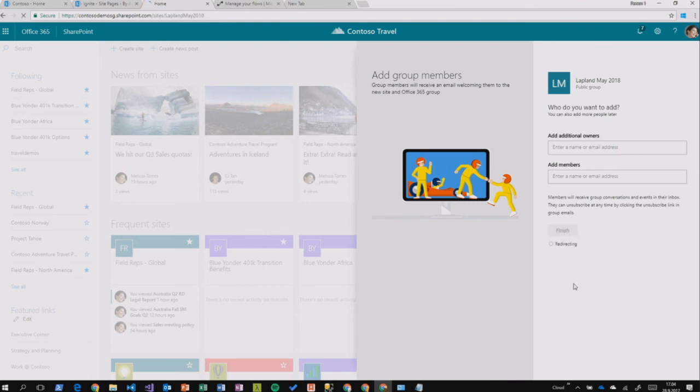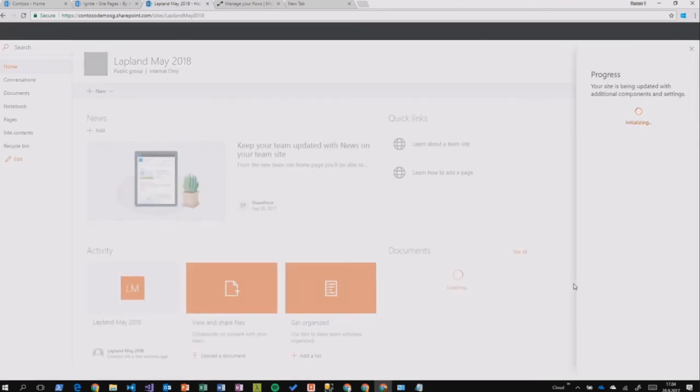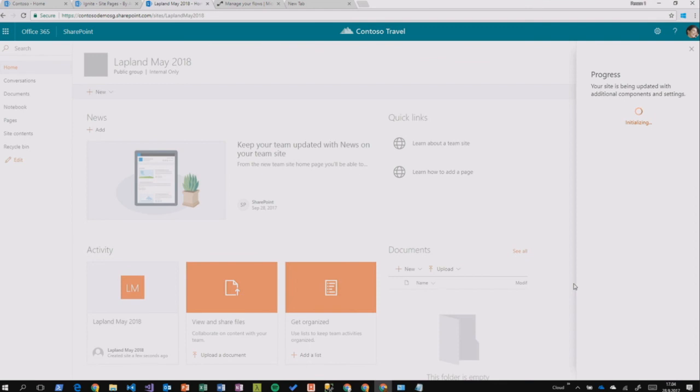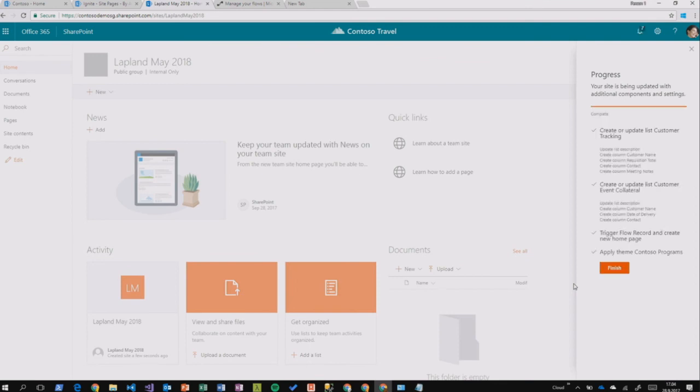Now I click finish, and the page reloads, and now you see the site design kicking in on the right-hand side. And what it does, it creates a couple of lists, and it creates a couple of columns in those lists, basically, and it applies a theme. But if you look at the third action here, this is where the magic comes in. It also triggered a Microsoft Flow. And that's where the magic is. So if I go to that flow right now,